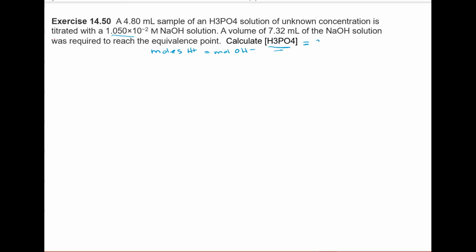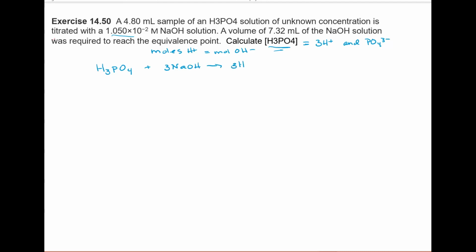Phosphoric acid is essentially equal to 3 protons, 3 H pluses, and 1 phosphate polyatomic ion. And so the balanced chemical equation for this neutralization reaction is phosphoric acid plus 3 sodium hydroxide produce